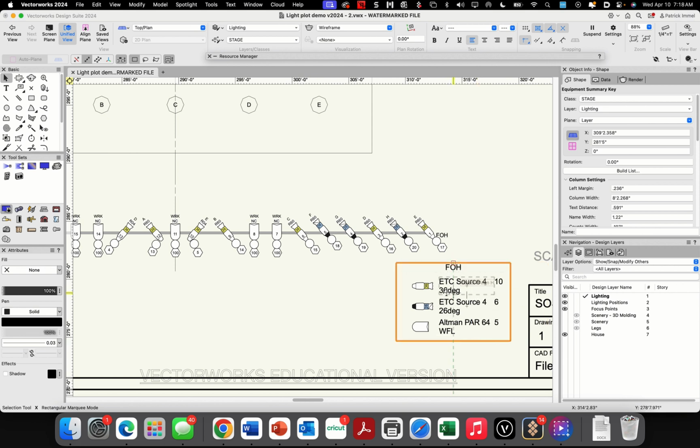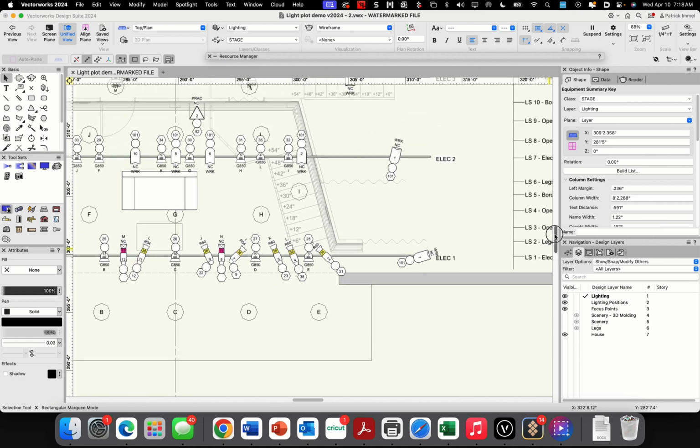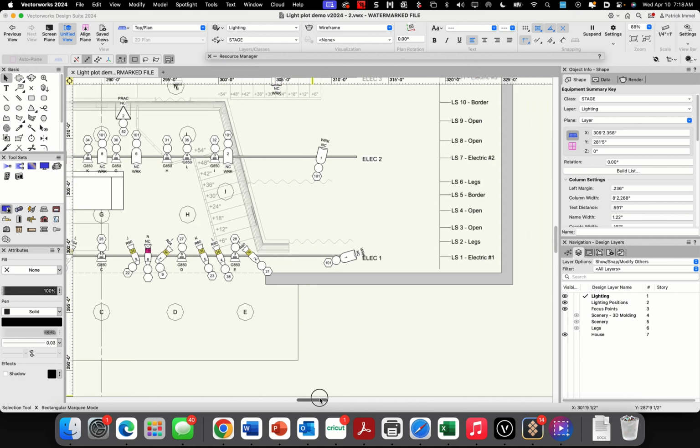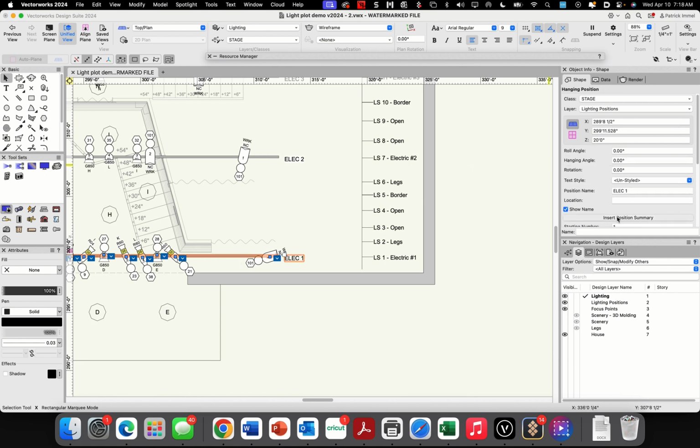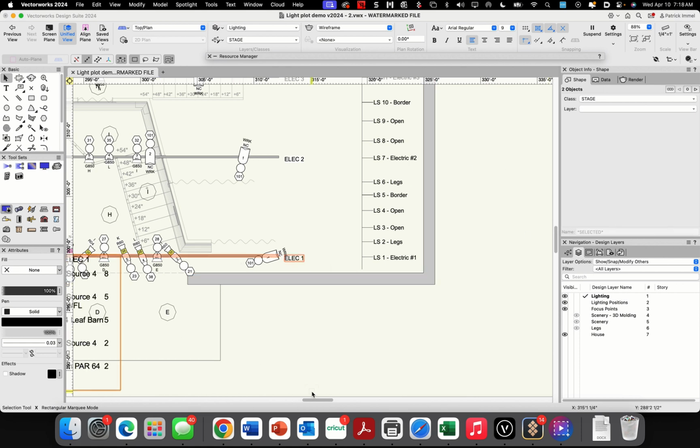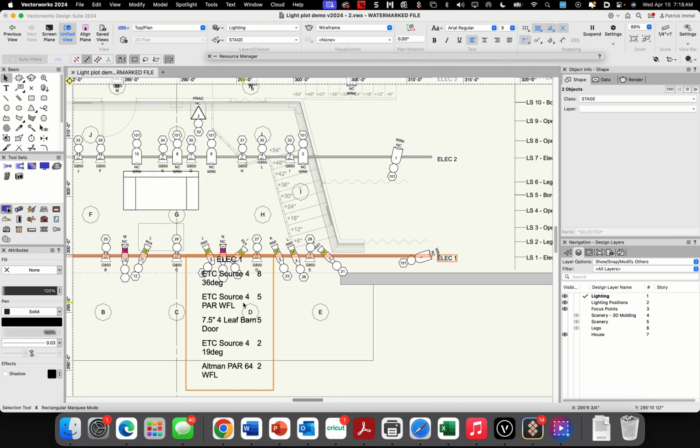And here is our position summary for the front of house position. Now it's just a matter of going through and clicking on each position, insert position summary. Let's come over, we're going to drag it back, and what I'm going to do is